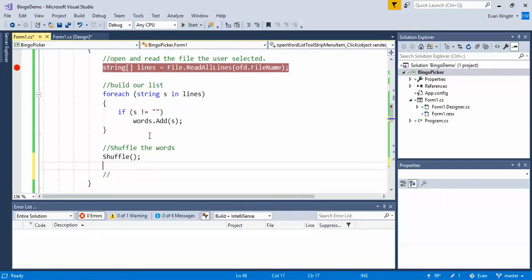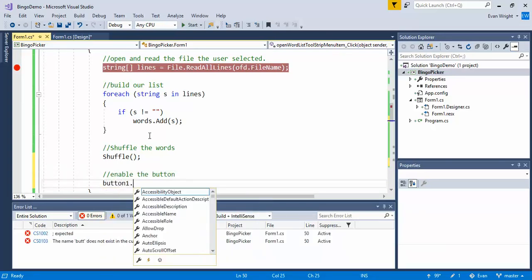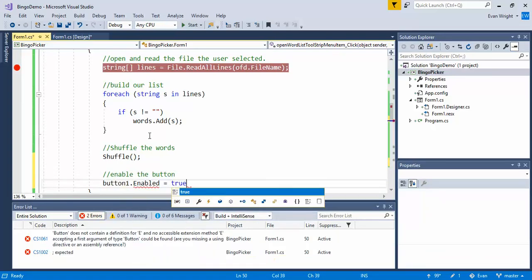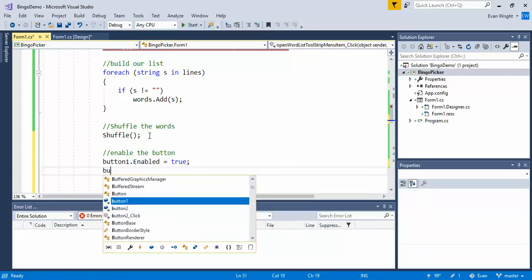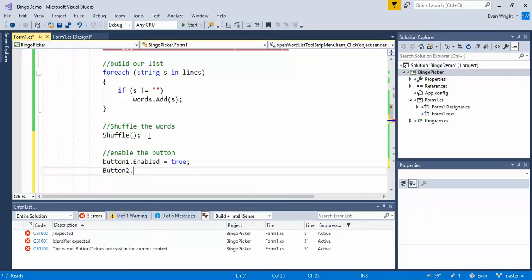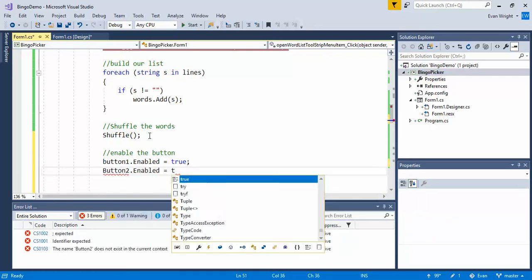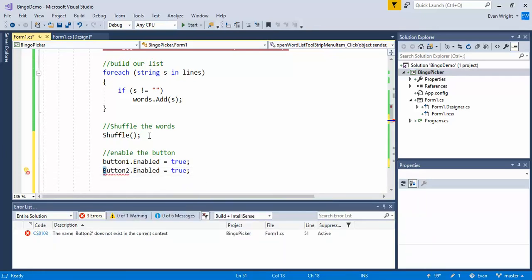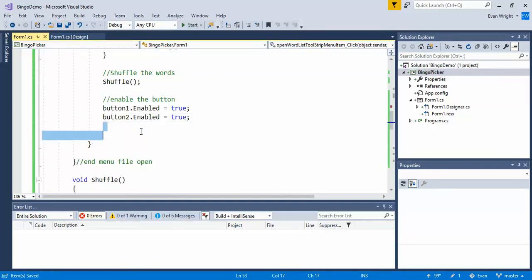after we've shuffled it, let's enable the buttons. So that would be button 1.enabled equals true. Button 2.enabled equals true. All right, and